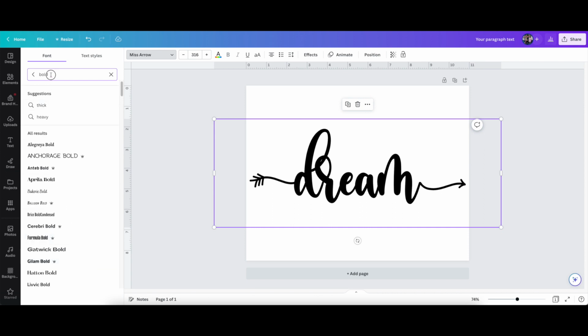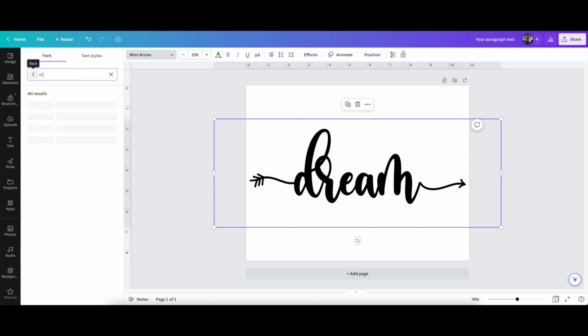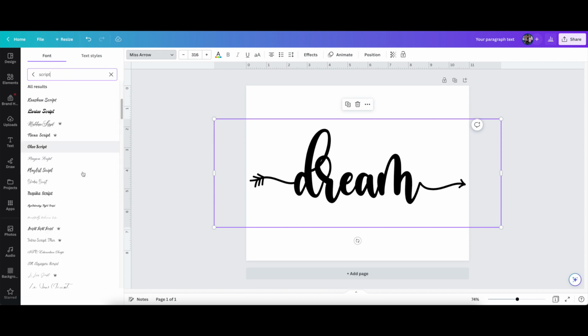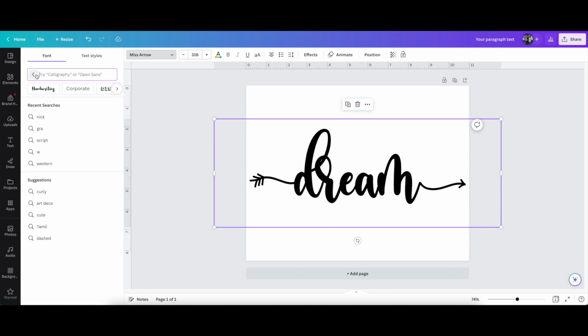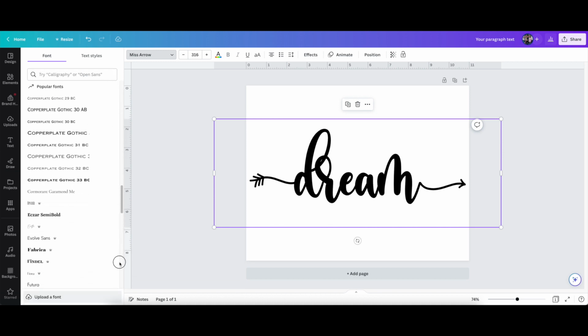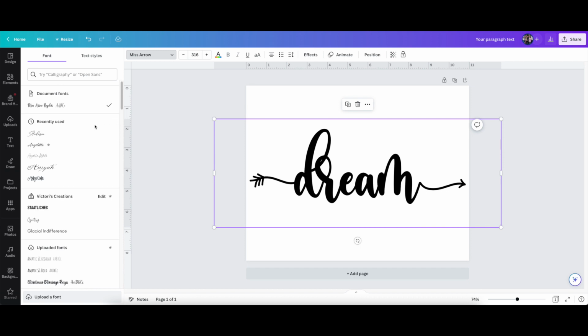that are all bold. If you want script or cursive, you just type it in and it gives you a list, so you don't have to go through all of these to find it, because there's quite a few on there. And if you've added any yourself, they're also in this area here. Miss Arrow is one that I added myself,